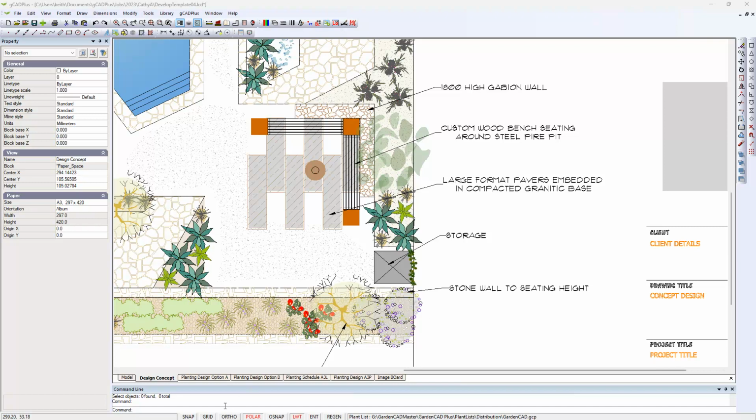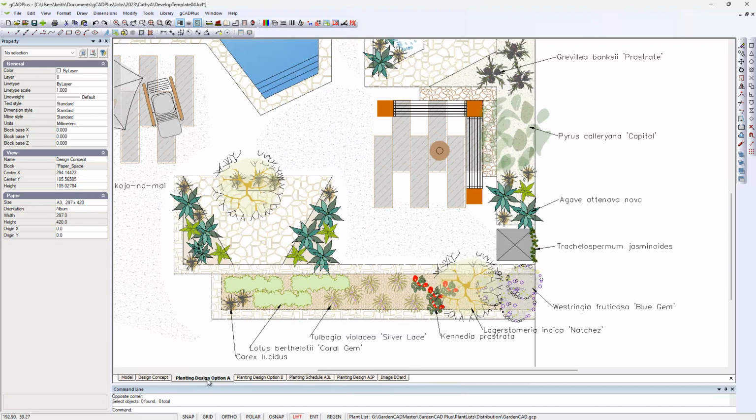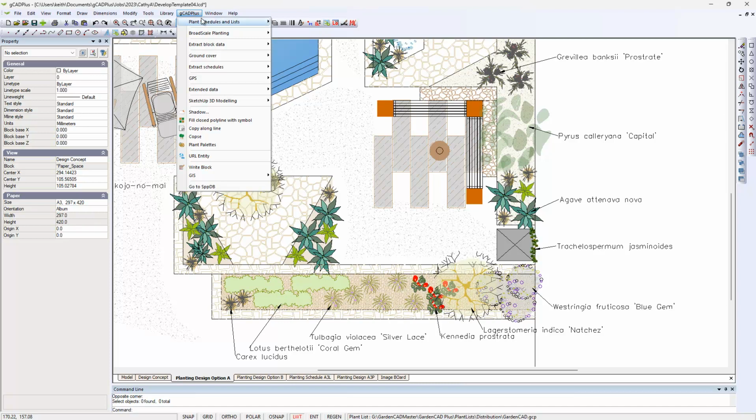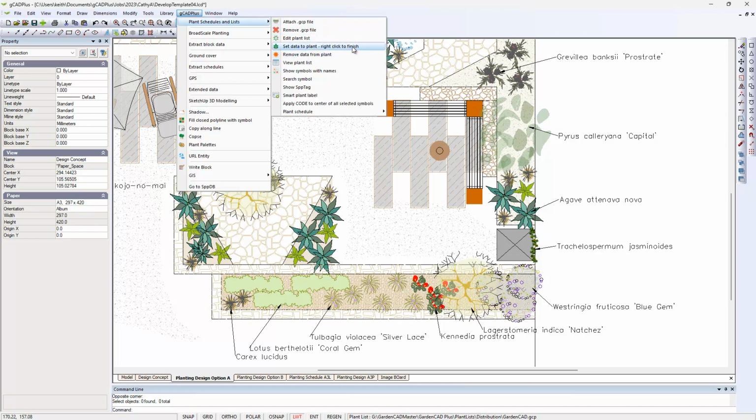And if we go to planting design option A, let's look at it. There are lots of ways. Every professional landscape designer seems to us to want to label plants or symbols in the design differently, and here's one option. You can use the SMARTLABEL tool, which is on gCADPlus down through here, the Smart Plant Label tool, and use it to just indicate in the center of the symbol and drag away from it, and you have a whole series of